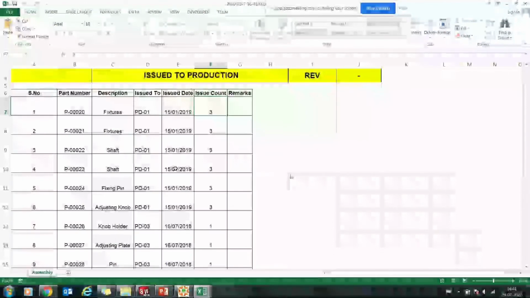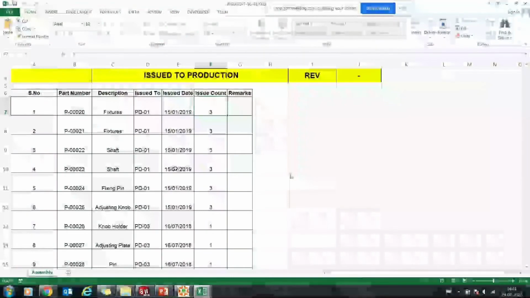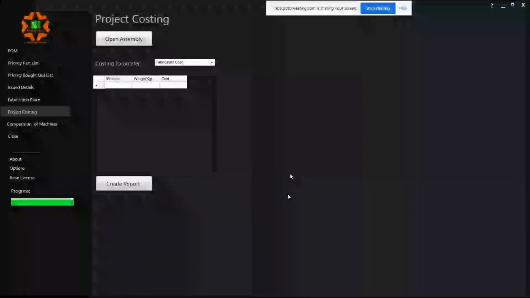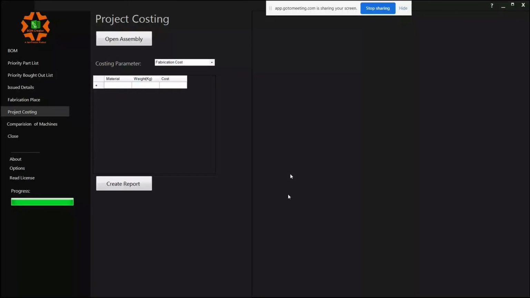One of our decorative features which we personally like is the project costing. As we've been discussing during the presentation, we suddenly get an inquiry and need to quote immediately, right? Or we have completed our project and want to estimate the project budget, how much budget we have spent, or what the complete budget is. This feature is definitely going to help you.